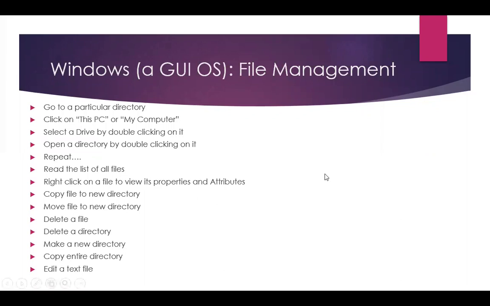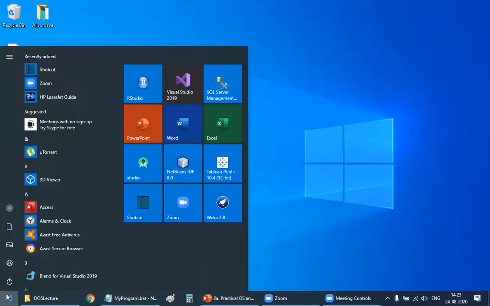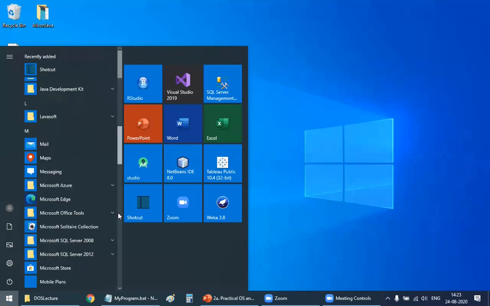So before going to file management, let me tell you, this is the screen of my computer and this is the start menu. When I click the start menu, it opens up a list of all the programs which are there on my computer.